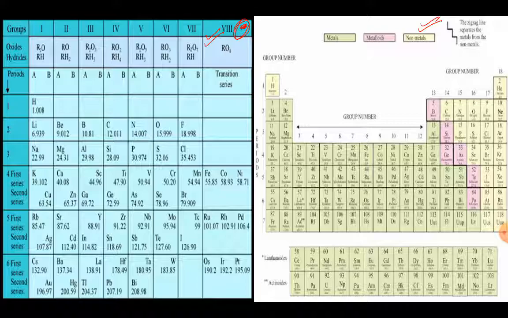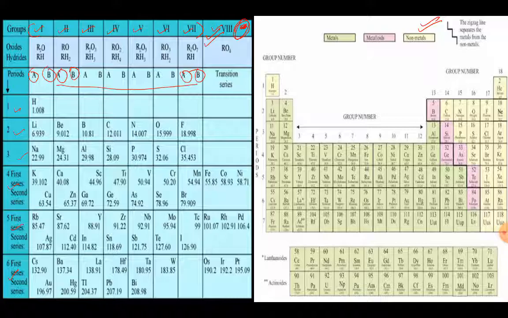As you all can see, in the Mendeleev's periodic table there are 8 vertical columns which we call groups, and they are written in Roman numerals, and from 1 to 7 the groups are further subdivided into two subgroups, that is A and B, right? We can see that, right? And there are 6 horizontal rows that we call the periods.